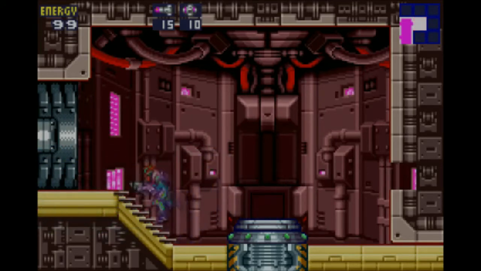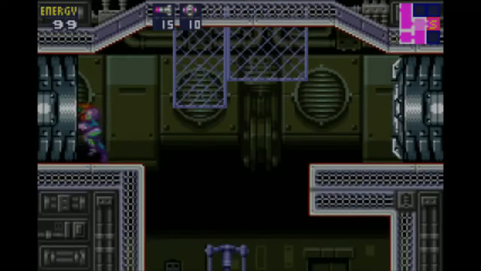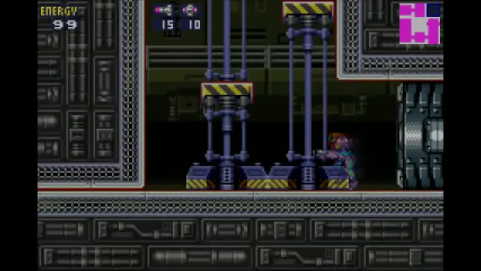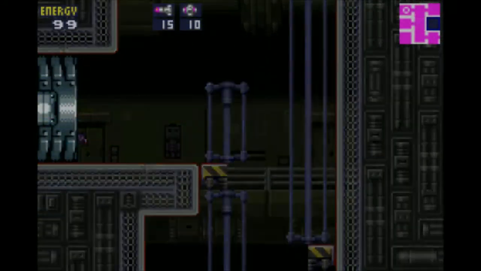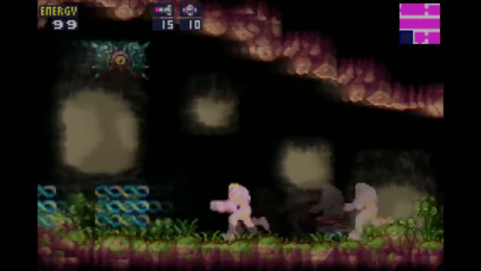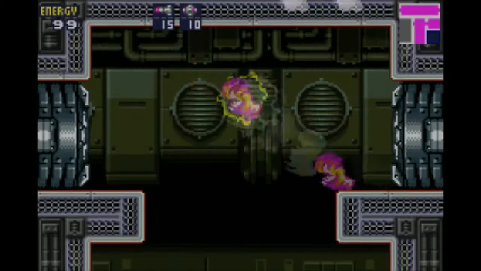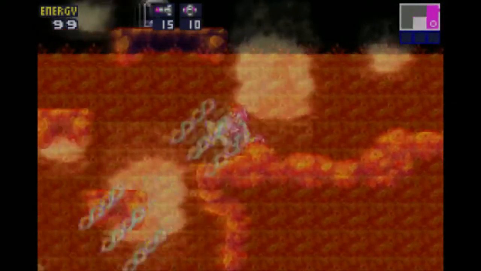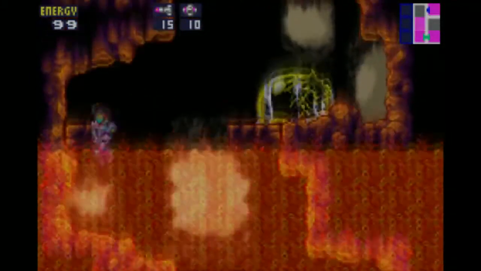Back to this again, and this time, yeah, there's actually no threat to worry about. What do I mean by that? I mean, I'd say it's right in the middle of a sector, but we can just tunnel through the whole Hornoads. The Zebesians will never threaten us. They will try crashing down on us in time. And the lava would actually hurt us if we didn't have the Gravity Suit, which we kind of do, so...